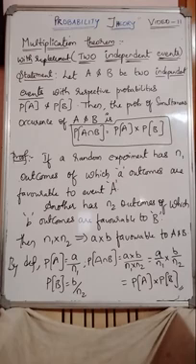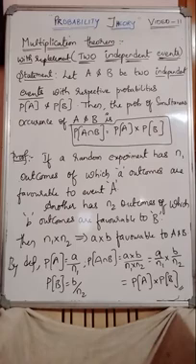As per the concept, we have taken n1 total outcomes with a favorable events, and n2 total outcomes with b outcomes favorable to B, and then n1 cross n2 has a cross b favorable events to A and B. Clear? As per the definition, P of A intersection B equals a cross b by n1 into n2. Splitting that, it equals a by n1 cross b by n2, which is nothing but P of A into P of B. Therefore P of A intersection B equals P of A cross P of B.